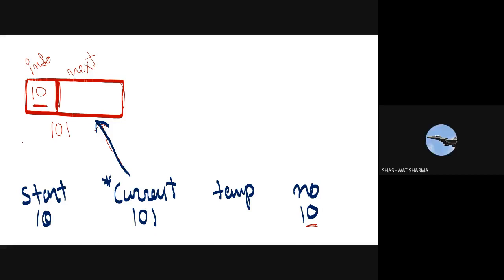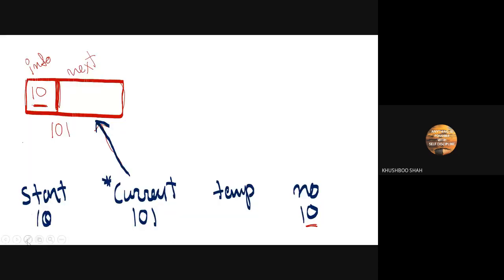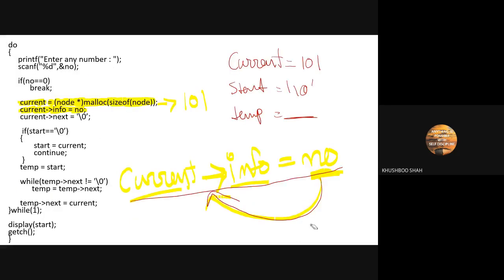Ma'am, can you please explain it again? Okay. What we are doing, Shashwat? We want to assign this line, current arrow info is equal to NO. It means I'm going to assign the value of NO in current's info.